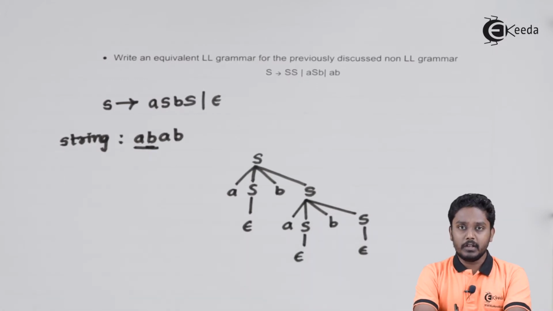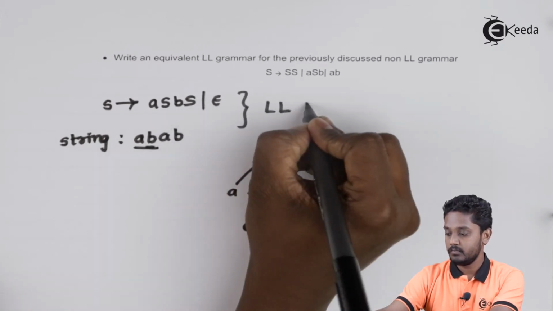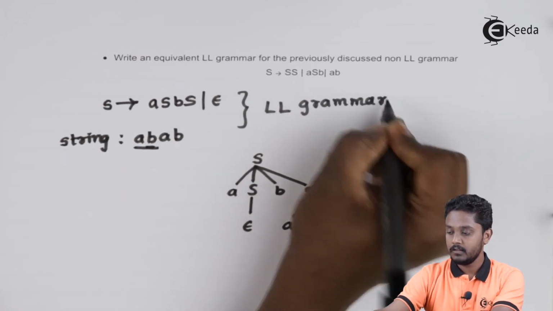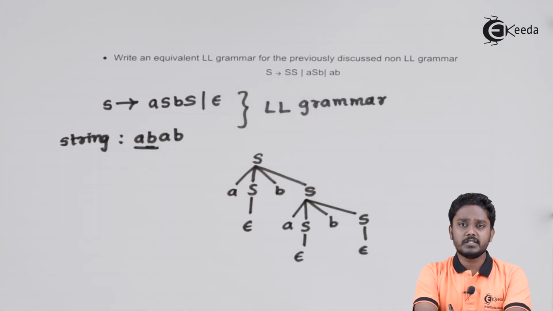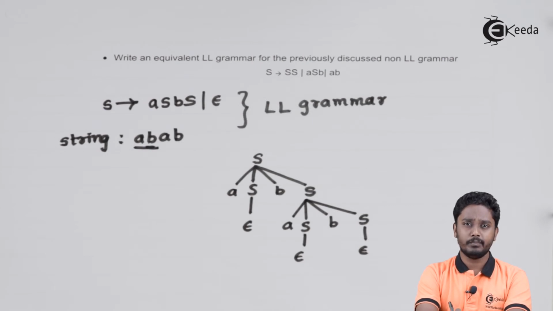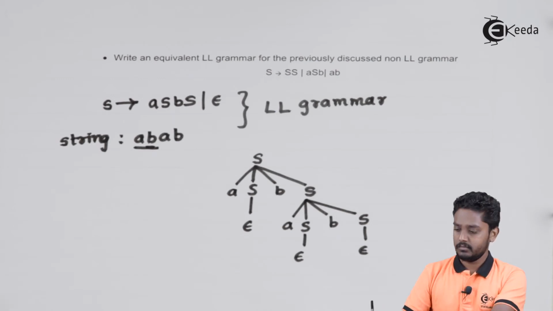This grammar is actually LL(1) because using just one symbol, we can decide whether to use the first production or to use the second production. But one question is, is this grammar actually equivalent to the required grammar? Not really. You will see that this grammar is generating epsilon.